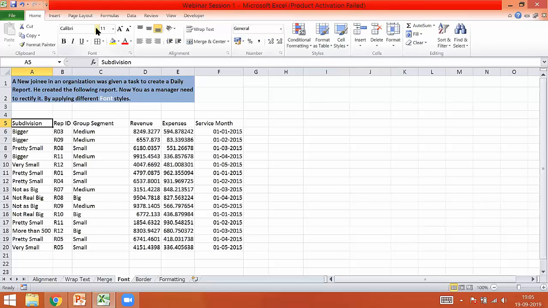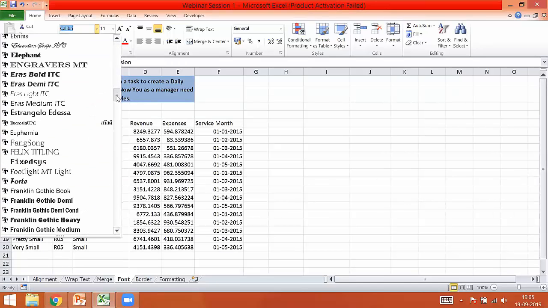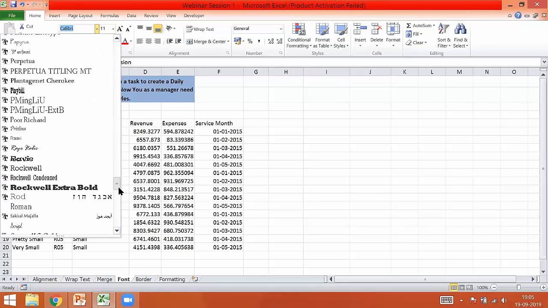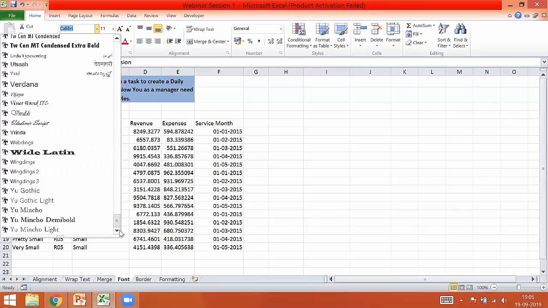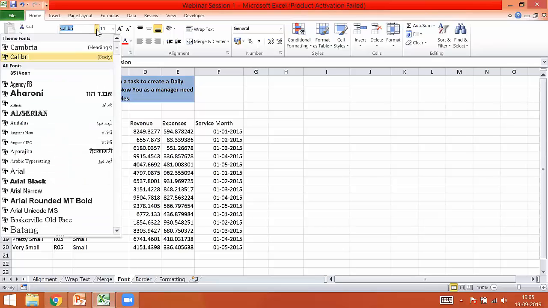Okay. So what I'm going to do is, there are very common font styles, which is Calibri. Then you have Times New Roman. Then you have Arial Black, and then you can just see that you do have these many styles. Okay, so how to apply these? This is very simple. What I'm going to do is highlight that particular cell, go to that style. We are just applying Arial as of now. I'll go and click under Arial.